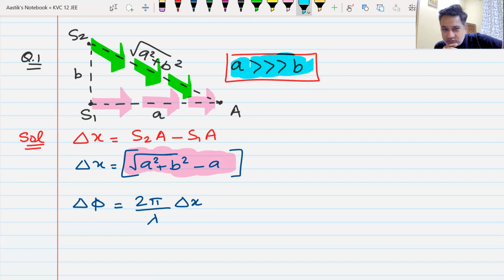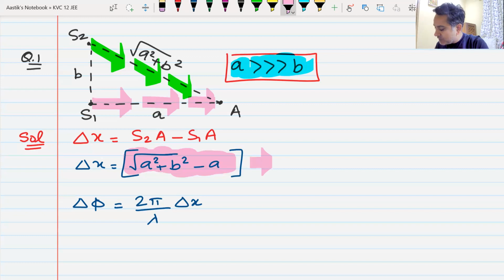Now, what difference does it make to this expression? Will it become 0? No, it will not become 0. It does not become 0. So what do I do then? The pink one is the right answer. But if I put the condition that A is very large compared to B,